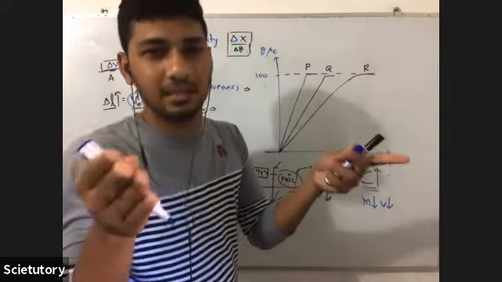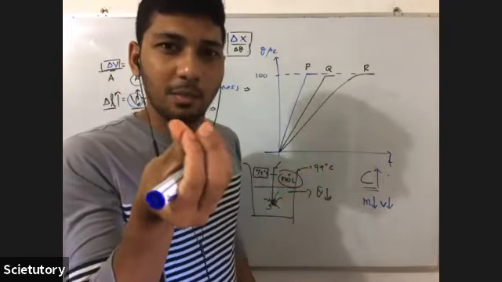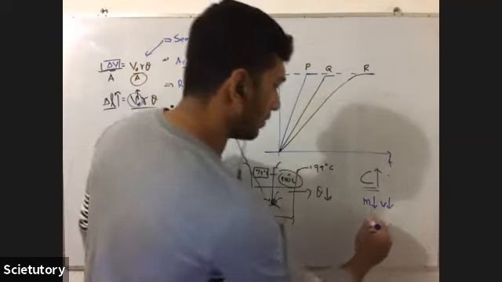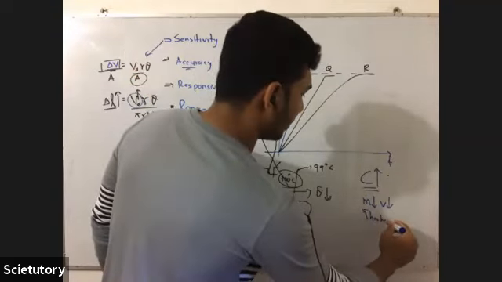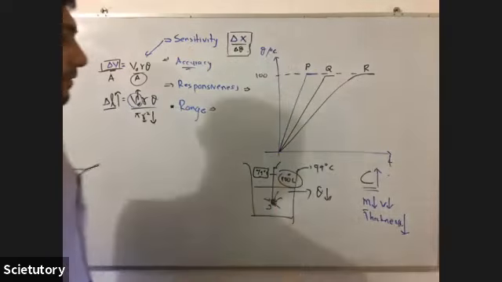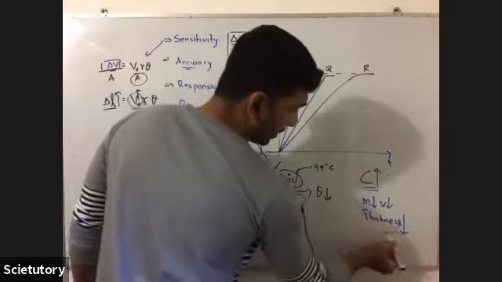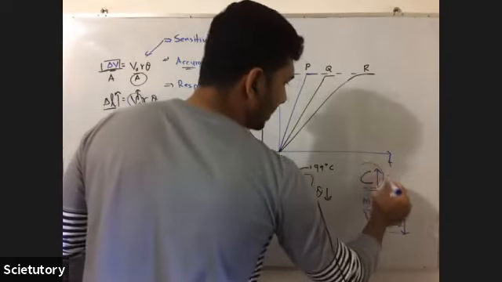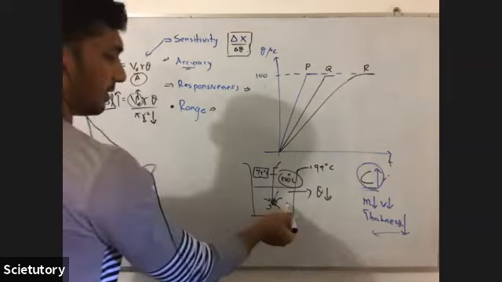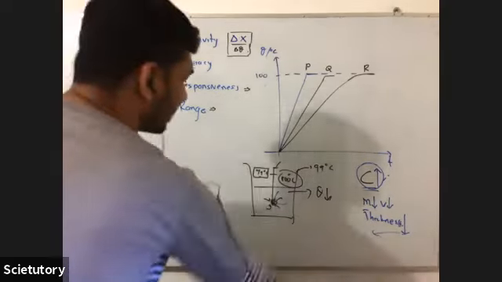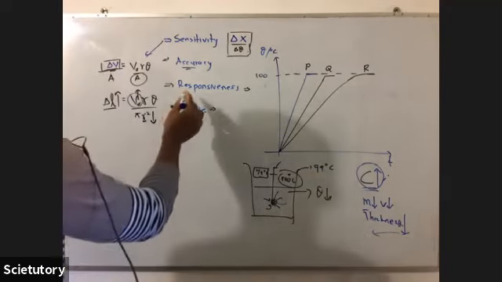Otherwise, if the thickness is high, the amount of substance of glass is also high, so the mass is high. So you should reduce the thickness. You should reduce the amount of glass used. You can't reduce the surface area, and surface area is needed. So you have to reduce the thickness to somewhat reduce this C, so that a little amount of heat is absorbed from the system. So these are factors affecting the accuracy.